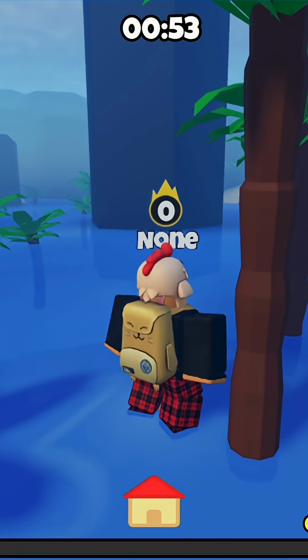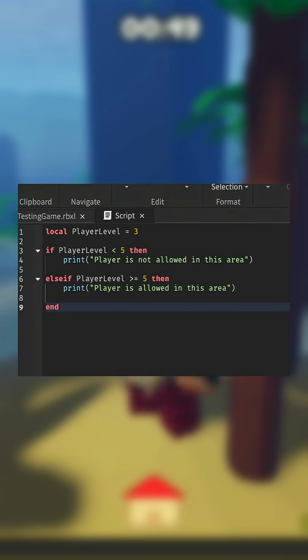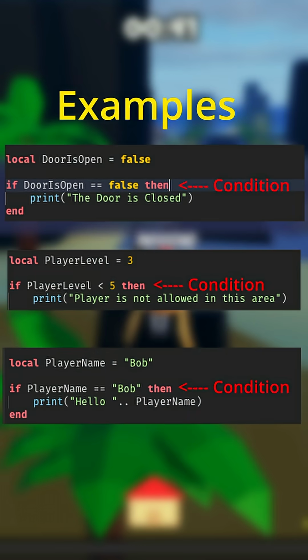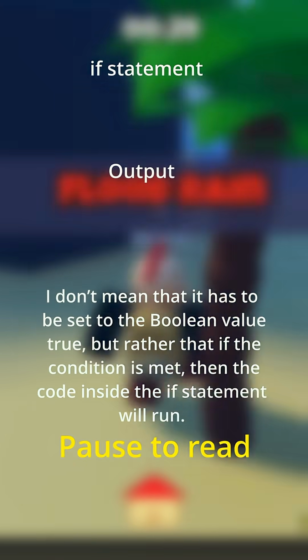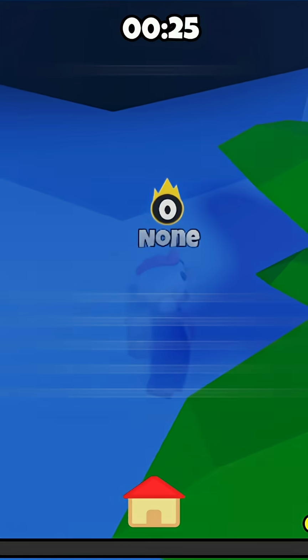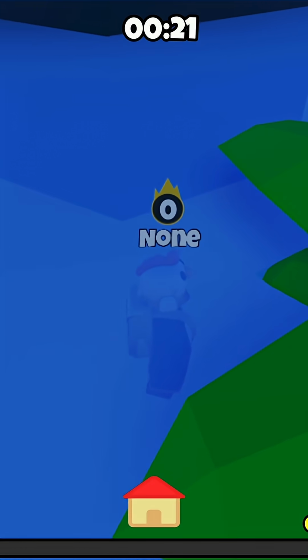In lesson 4, we briefly talked about if statements and how they let your script make decisions based on conditions. A condition can be anything, a number, a comparison, or a Boolean. If the condition is true, the code inside the if statement will run. If the condition is false, the script will skip it. In this lesson, I'm going to show you how to write an if statement and how to use it properly